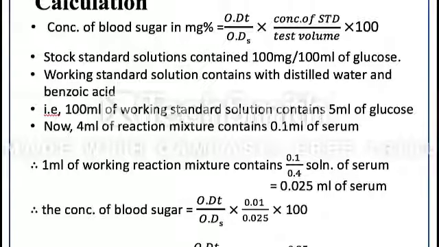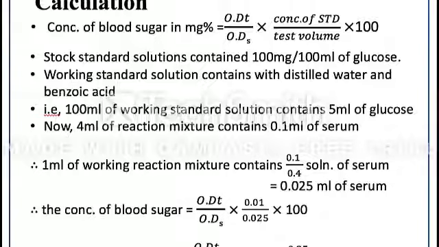Now the stock standard solution contains the 100 mg per 100 ml of glucose. So the working standard solution contains distilled water and benzoic acid. That is 100 ml of working standard solution contains 5 ml of glucose. Now 4 ml of the reaction mixture contains 0.1 ml of the serum. Therefore 1 ml of the working reaction mixture contains 0.1 upon 0.4 solution of the serum, which will make 0.025